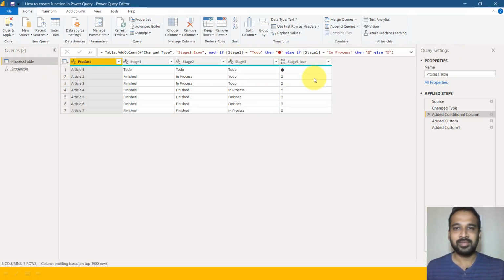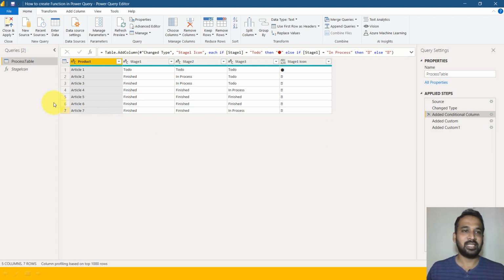Okay, coming back here. So in this example, I have 3 stages. I need to do that. So what if I have more than 10 stages? There are certain processes in the manufacturing industry. I have seen that it has to pass 10 or 12 stages in order to complete from raw material to the finished product. In that case, it's really a tough job for us, the developers, to go one by one, each and every column, and do this conditional formatting.